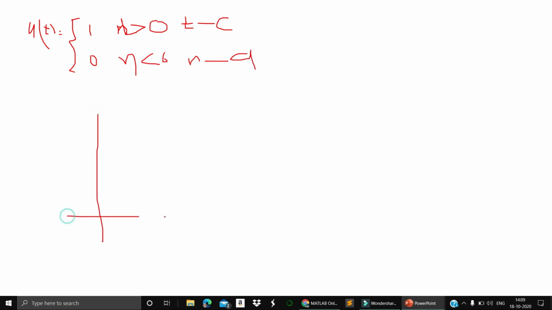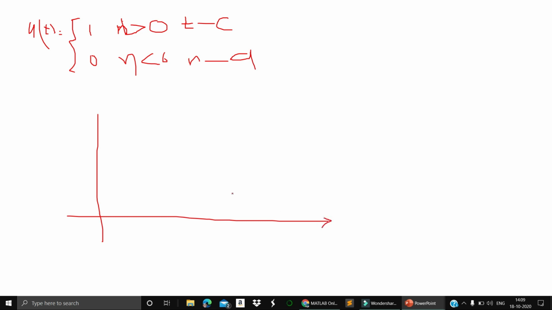It is going to be evaluated such that it has a value of 1 where the value should be greater than 0. If it is 0, you can take anything. If it is t, then it is in continuous mode. If it is n, it is in discrete mode. Okay. So what is the plot exactly looking like, right?